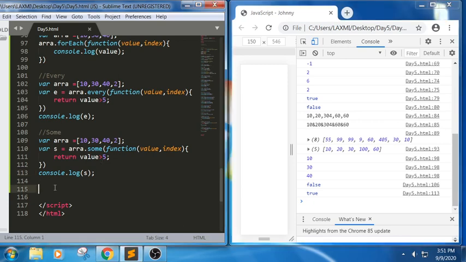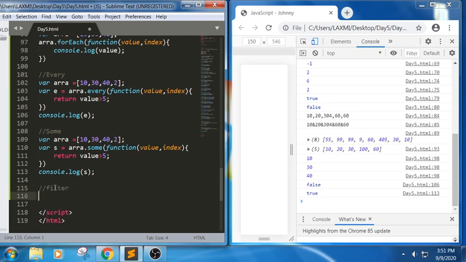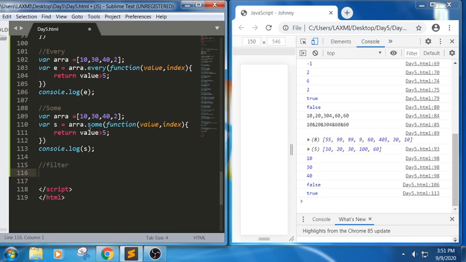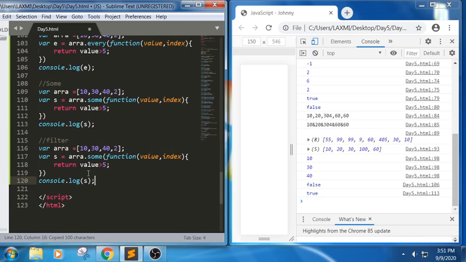Next one, what is the use of filter? We can use filter to satisfy some condition, and based upon this it will create a new array. For example, see here, I am using the same snippet, and we will discuss this in further sessions also, like how we write the syntax in callback functions. Here we are writing filter.